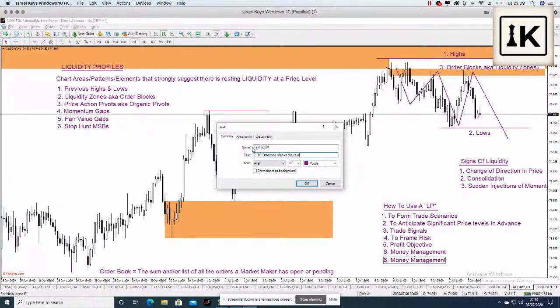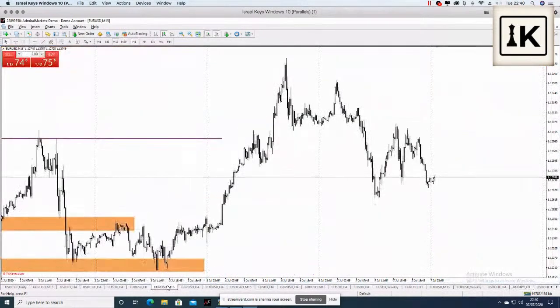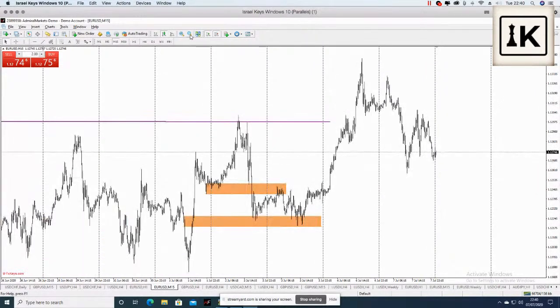Now, we crudely defined market structure with Tuckbear and myself last week because you were beginners, as whether or not price was making higher highs and higher lows, or lower highs and lower lows. That's a crude description. The more exact way to define market structure is to ask the question,